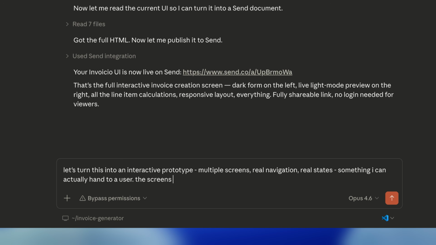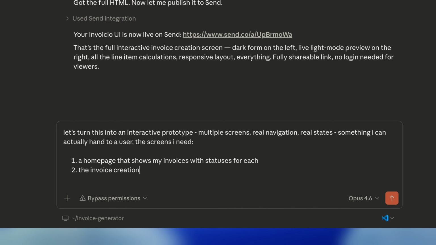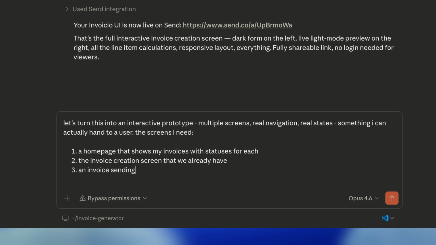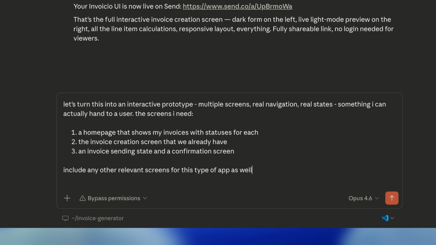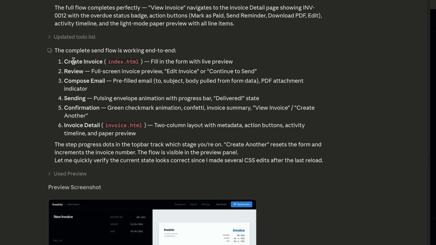I'm going to tell it the specific screens that I need. A homepage that shows my invoices with statuses for each, the invoice creation screen that we already have, an invoice sending state, and a confirmation screen. And if you think you might be missing any screens, just say include any other relevant screens for this type of app as well. So now it's come up with our prototype, including a complete flow for creating the invoice,